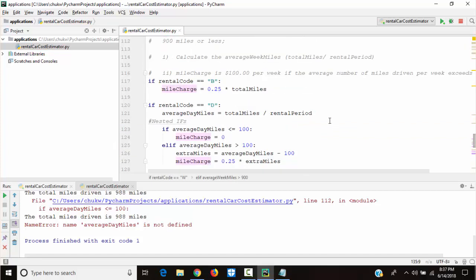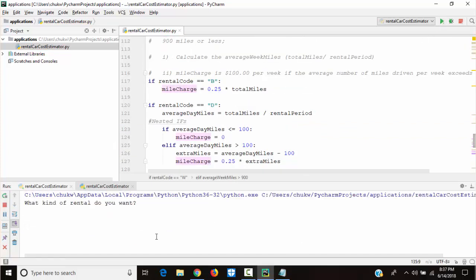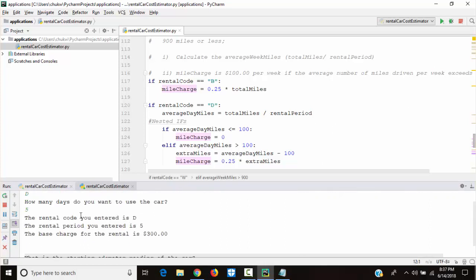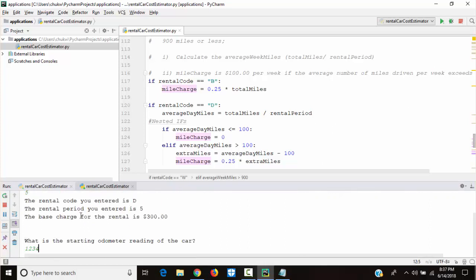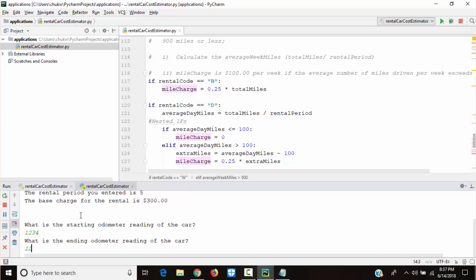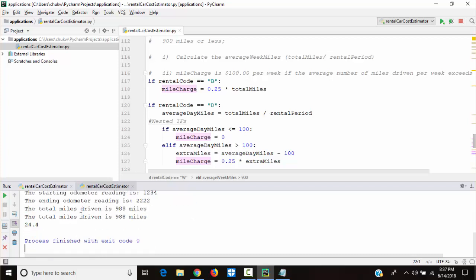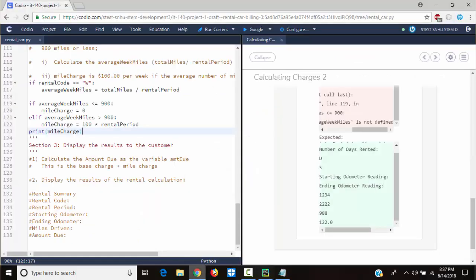So let's go ahead and run this, and let's do it with the ones they have: D 5 1 2 3 4 2 2 2 2. Okay, so it gives us something now. It ran, no error. But it gives us 24.4, and they're getting 122.0. So there's a problem with the formula, and we're going to fix it anyway.